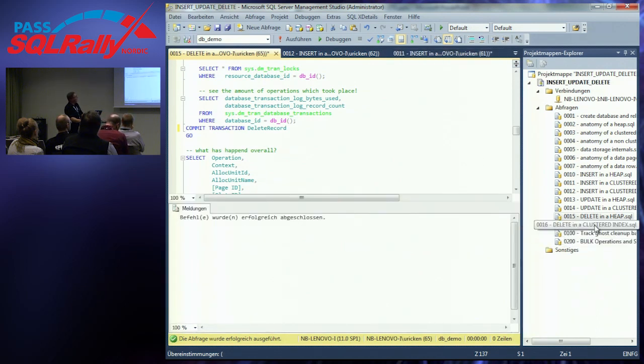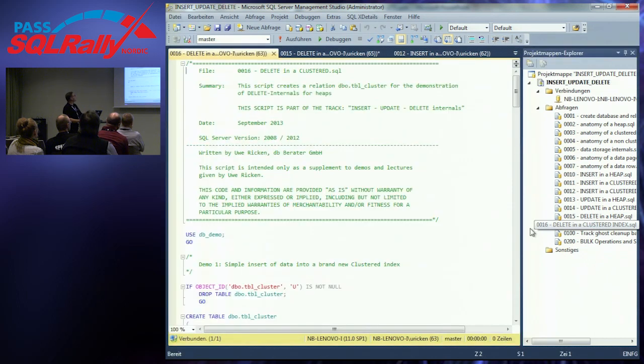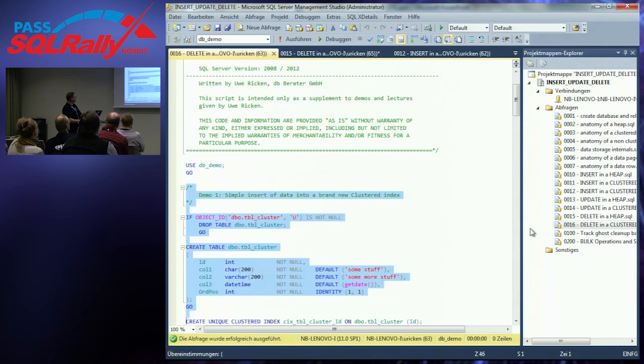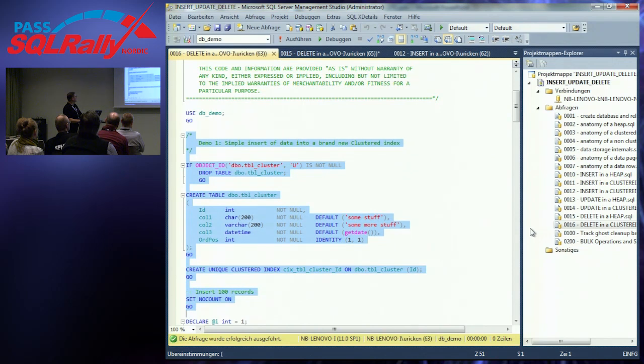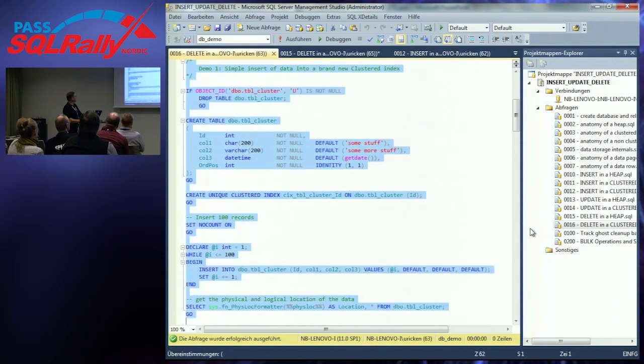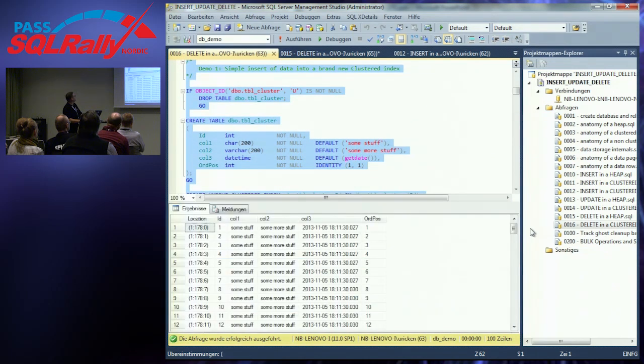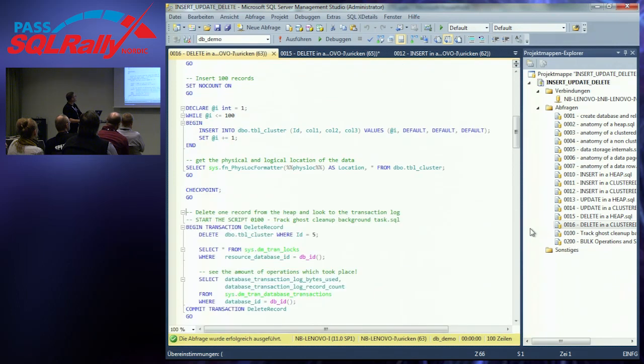Okay, delete in a clustered index. Okay, now we are finished. I release you to dinner then. It's nearby the same. I create a new table, get the information about it. Okay, it's 178. And now, what I'm doing is, I delete one record,